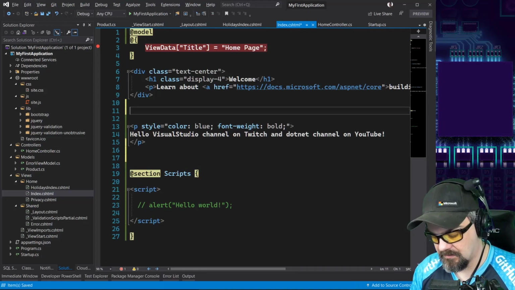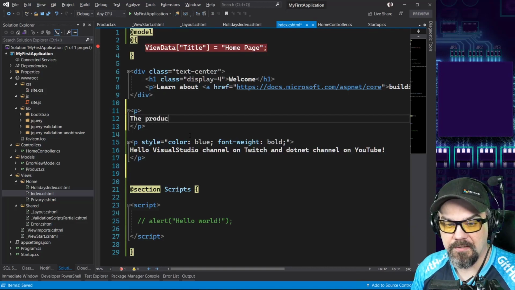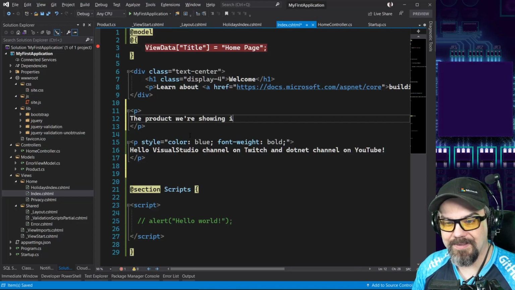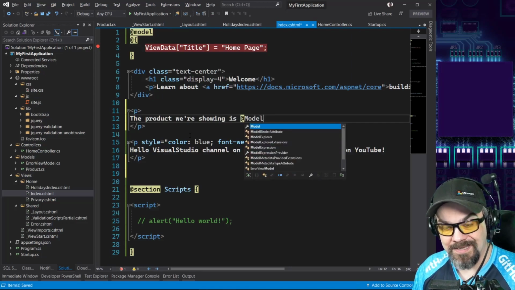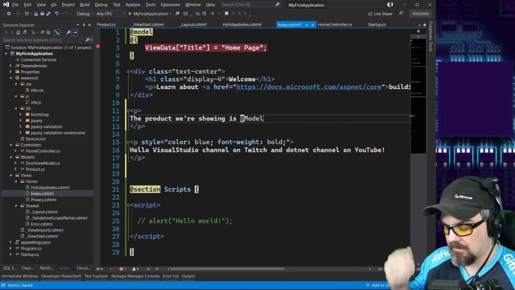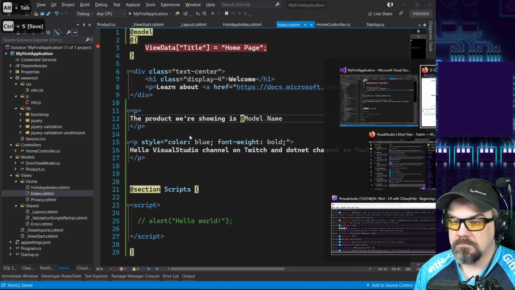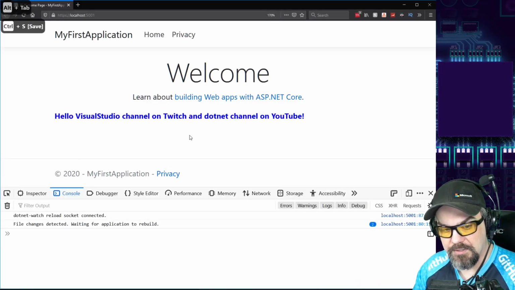Let me put an entry right here. I'll say something like, the product we're showing is at, an uppercase Model will allow me to reference, this is a dynamic object, and I can say Model.Name. Now, when the page refreshes,